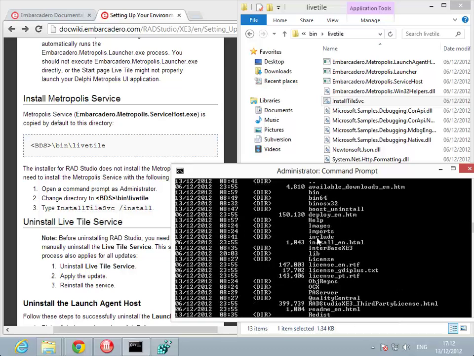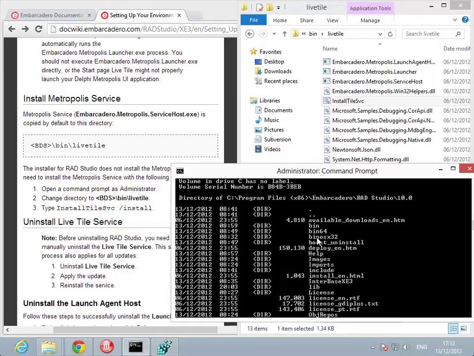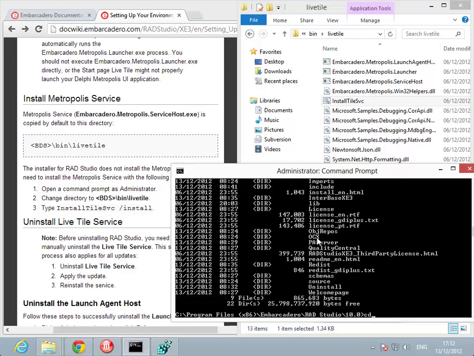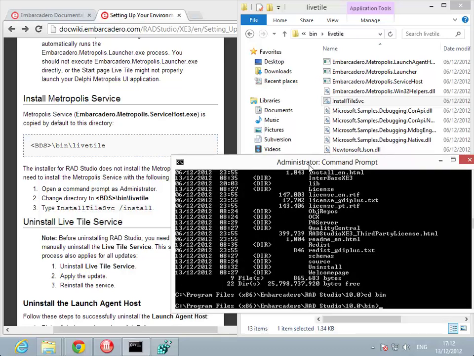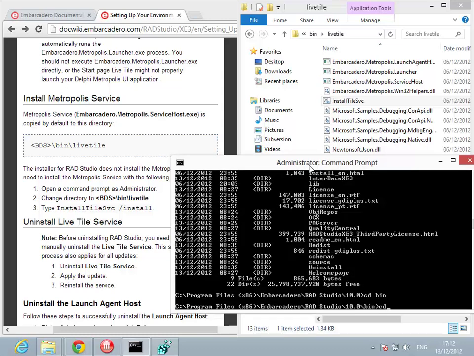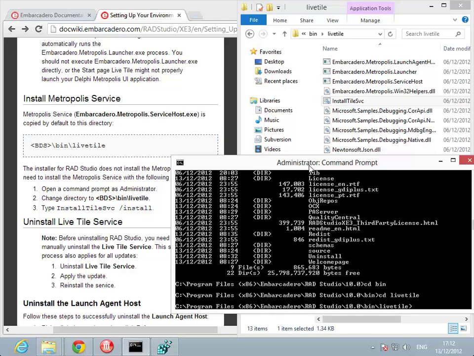Now, when I'm typing everything I'm doing here, I'm hitting the tab key, which after the first couple of letters gives me the full path. So if I type cd space B, then it's going to auto-complete for the first one, and if you keep pressing tab, it'll move through. So a quick way to navigate in the command prompt. We now need to move into the LiveTile folder. Excellent, we're now in the right place to type